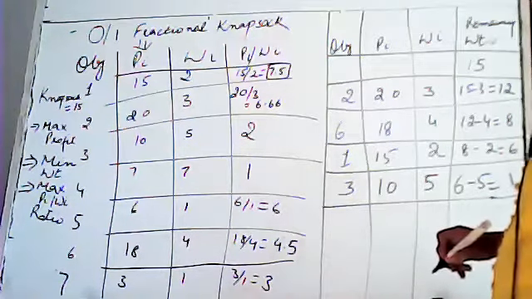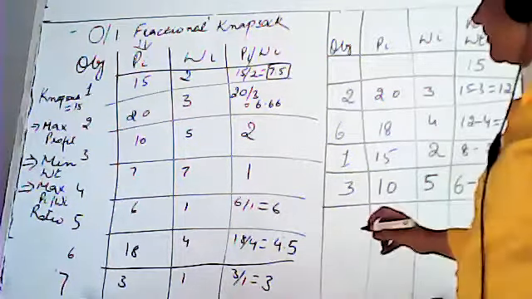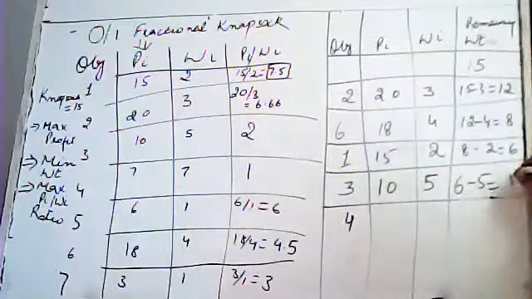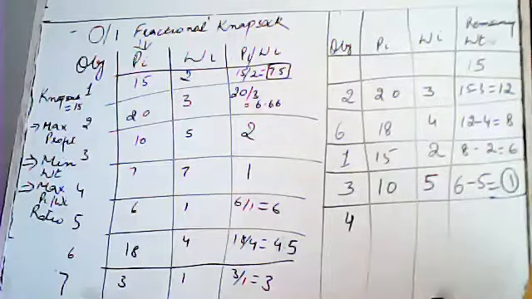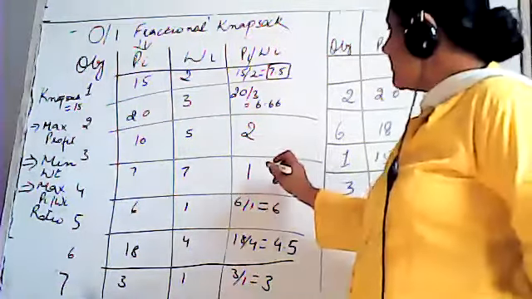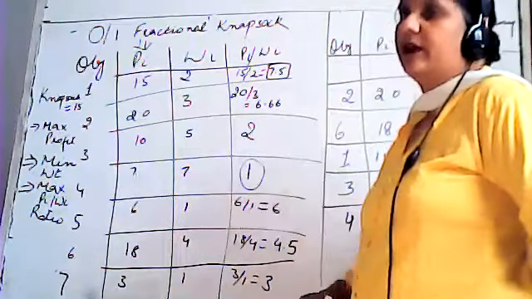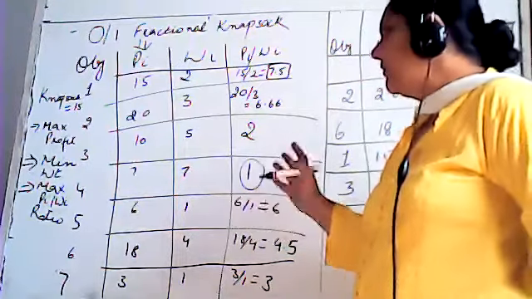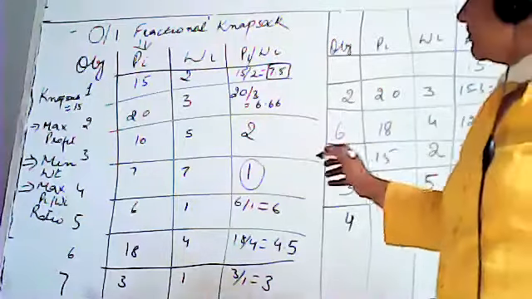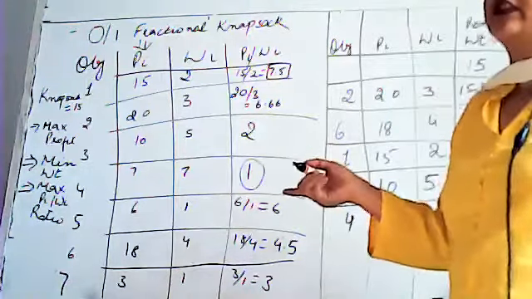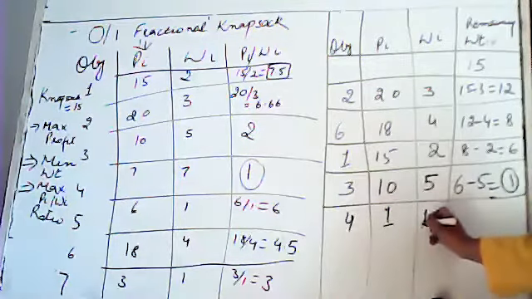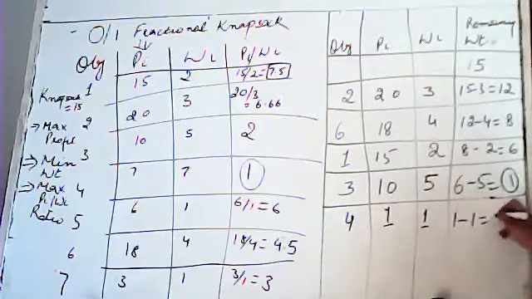Next, which object will we be picking up? Object number 4. Now we are left with only 1 kg, and we have to pick a part of it. For a single unit, 7 profit has 7 kg weight, so its ratio is 1. That means by picking 1 kg, we will get a profit of 1. So profit is 1, 1 kg of weight picked. 1 minus 1 would be 0.